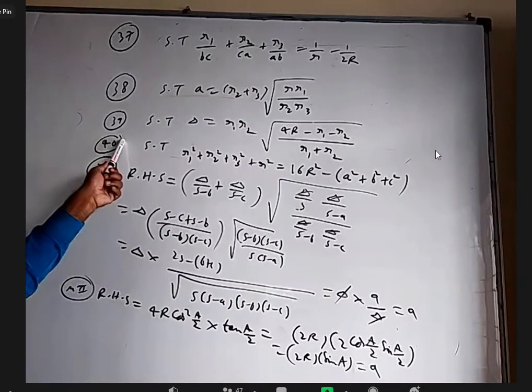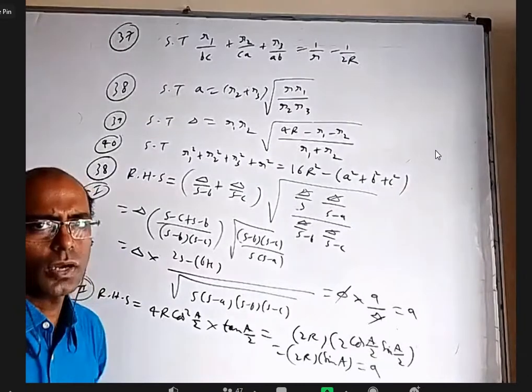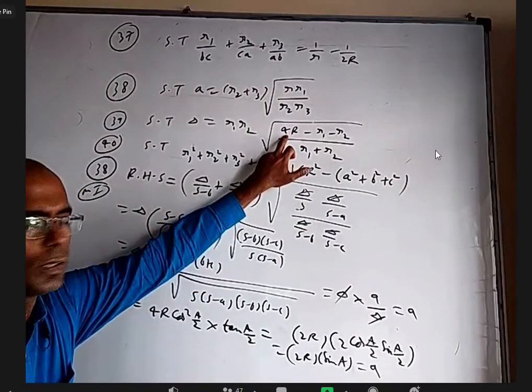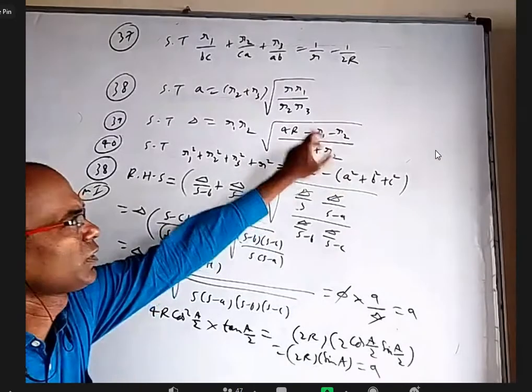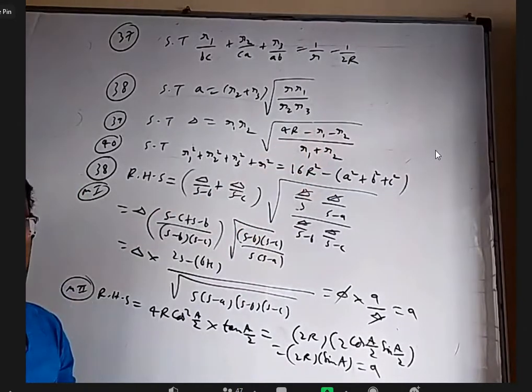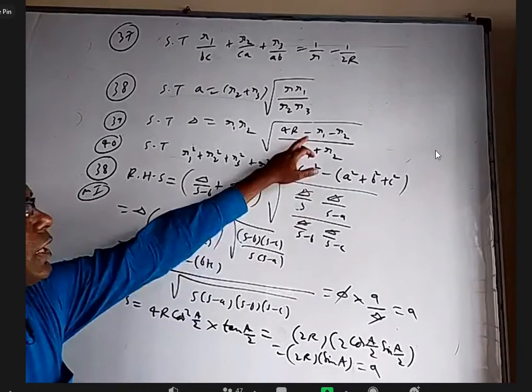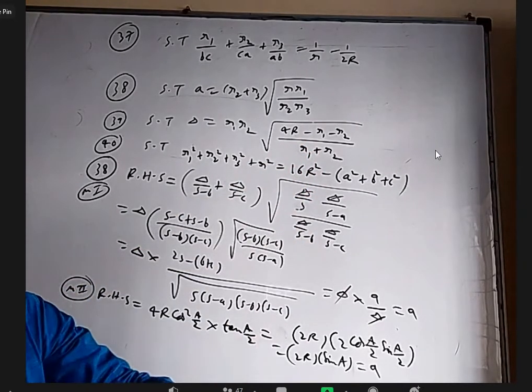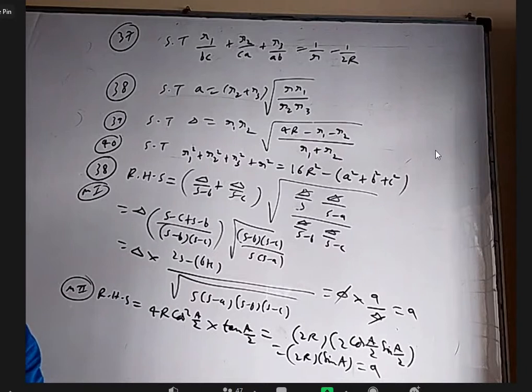But I think in 39, delta by s minus a, they are not so suitable, especially because we have 4 capital R here. 4 capital R minus R1 minus R2, if I write delta by s minus a, I will not be able to simplify that nicely. Better you write that R1 plus R2, how will you do it? Try by using 4 capital R sin a by 2 cos b by 2 cos c by 2 based on that.